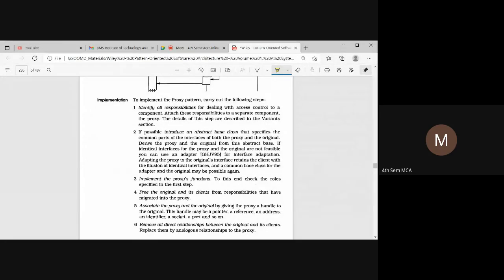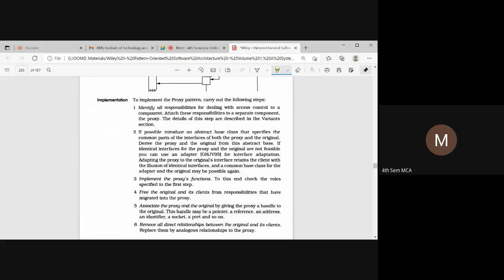So in implementation, we need to identify all the responsibilities, that is, whatever responsibilities or components are there. Next, we need to identify the abstract class and the different interfaces. After identifying that, we need to implement the proxy services.